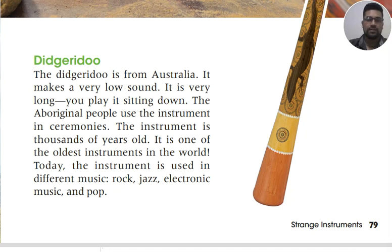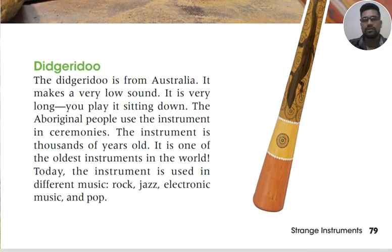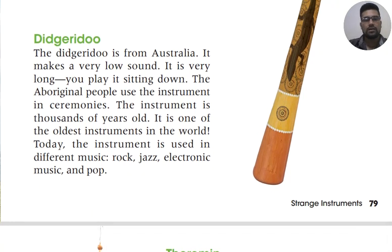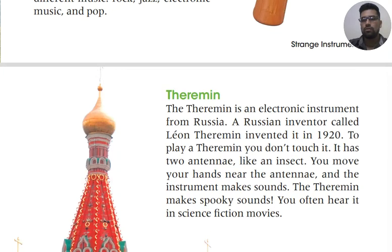Interesting. Today, the instrument is used in different music, like rock, jazz, electronic music, and pop. Right. Didgeridoo. I didn't know about this. This is interesting. So let's take a look at our next instrument, which is called